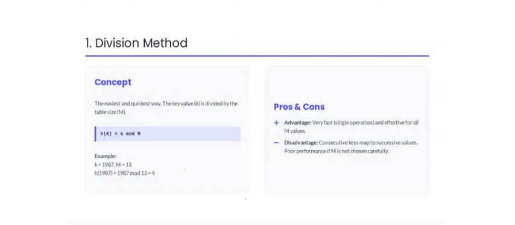We have a disadvantage also. Consecutive keys map to successive values, so there is poor performance if m is not chosen carefully. So it is very important to choose the m value. And the second method